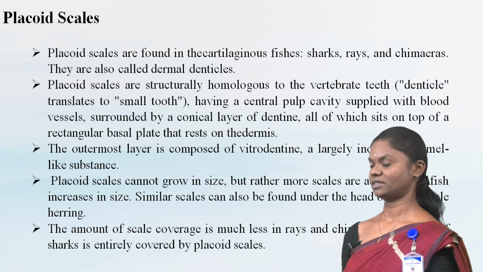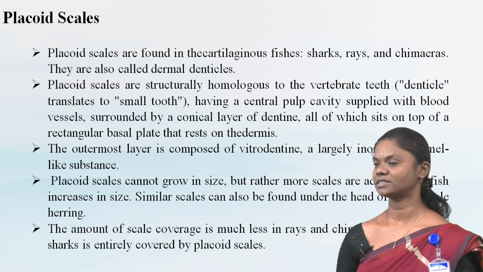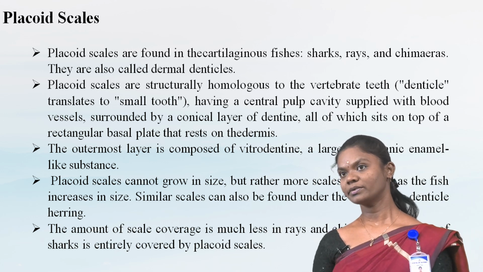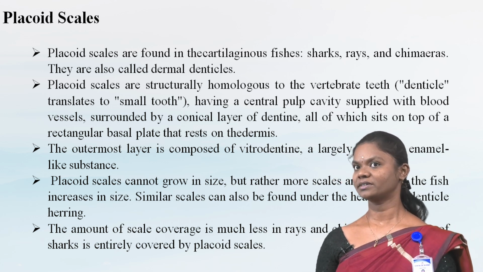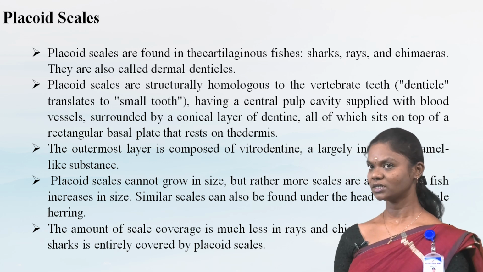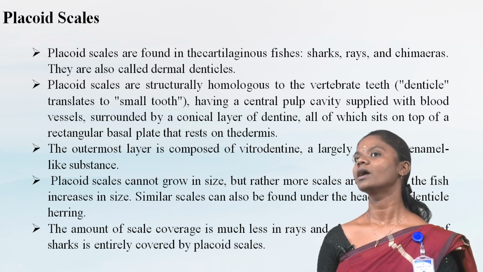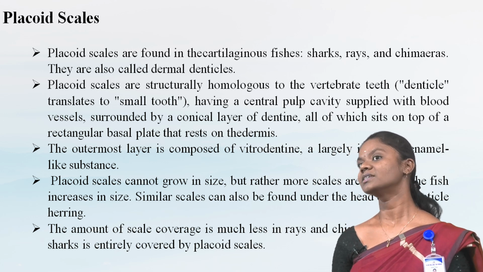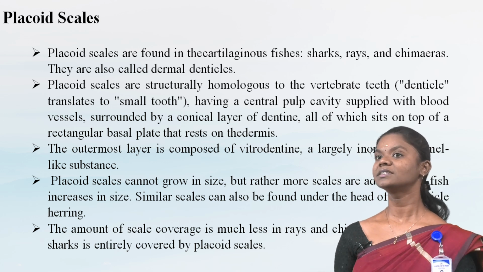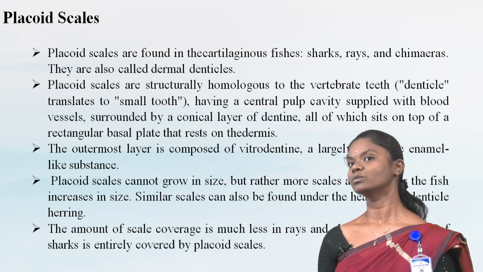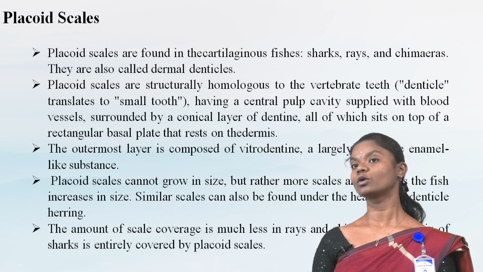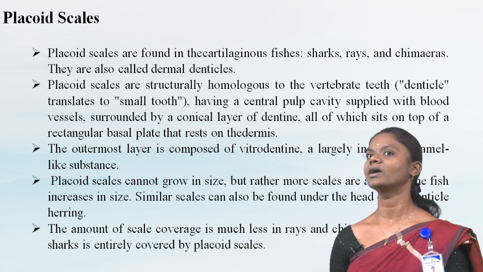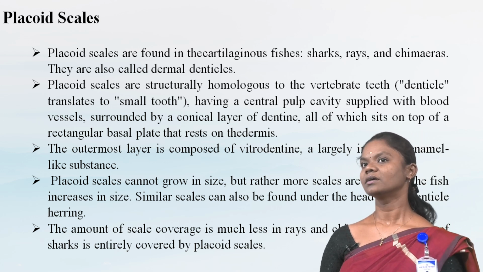And the first one is placoid scales. What are placoid scales? Placoid scales are found in the cartilaginous fishes, for example sharks, rays, and chimeras. They are also called dermal denticles. The placoid scales are structurally homologous to vertebrate teeth. They have a central pulp cavity that supplies blood vessels, surrounded by a conical layer of dentine, all of which sits on top of a rectangular base plate that